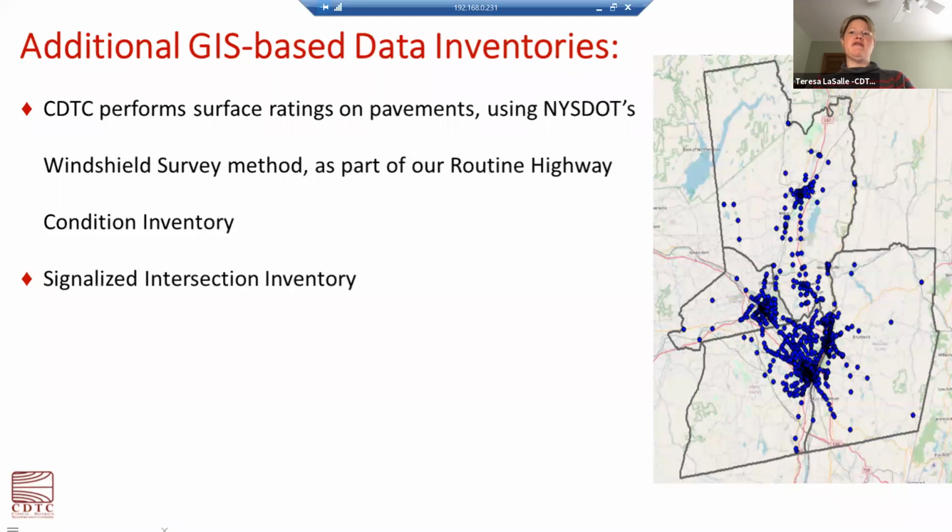And right now, I think it has mostly data for the intersections, but we're looking to add some of that Region 1 signal data to it to give a little more detail about signals. So the map on the right is basically a screenshot of that map showing the location of signals within the region. Next slide.